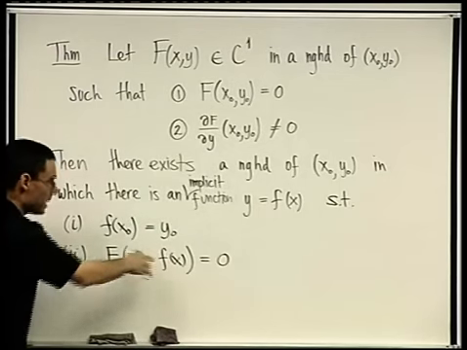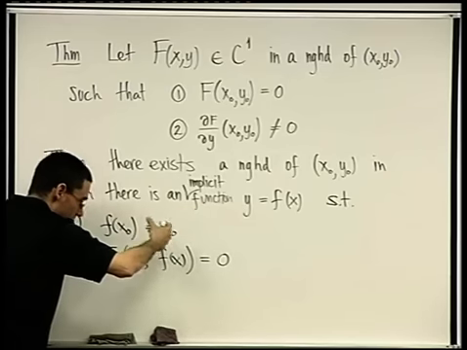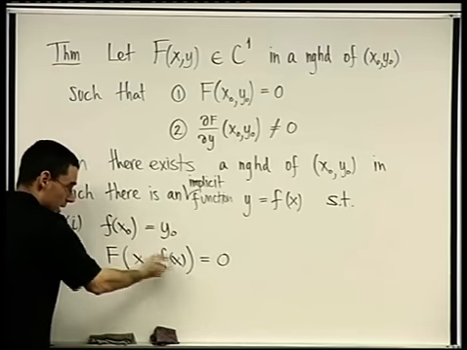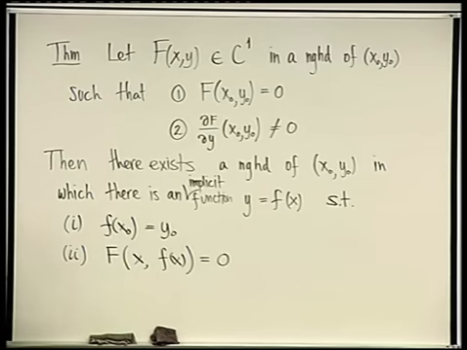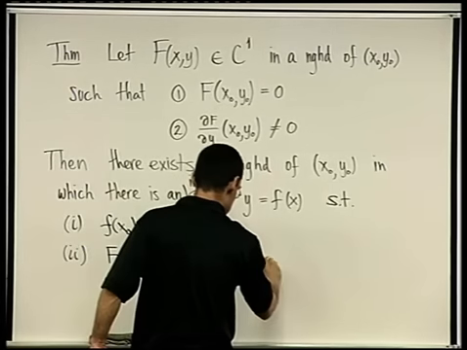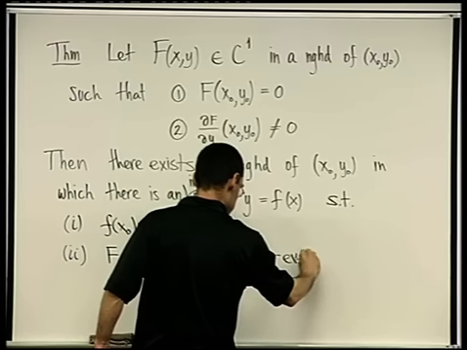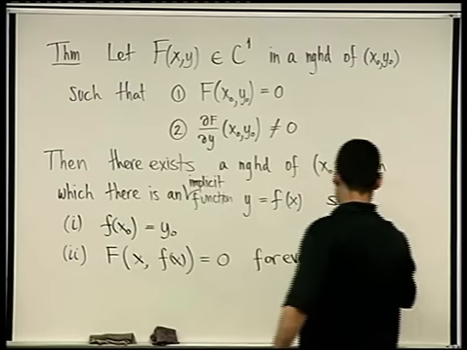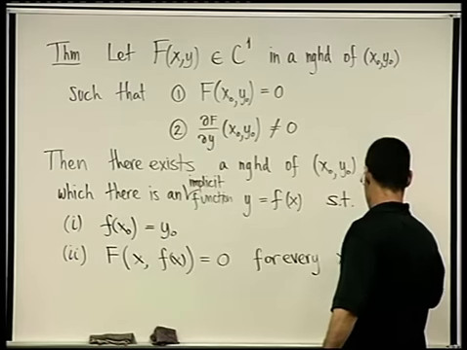So y equals f of x is indeed an implicit function expression of this relation. Okay? For every x in the neighborhood,